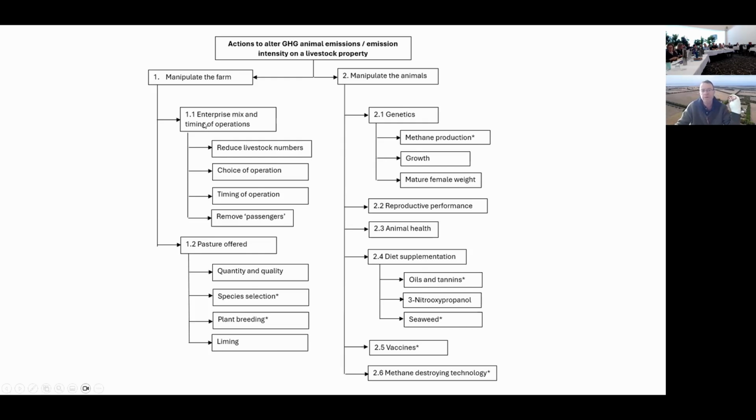So if we look at the first one around enterprise mix and timing of operations, you can have a play around with this. If you set up a baseline farm, start playing around with a few of these options and seeing what changes it makes to both emissions and emissions intensity. Obvious one, if you want to reduce your emissions and if you reduce your livestock numbers, that's going to make a difference because you just don't have as many animals pumping out